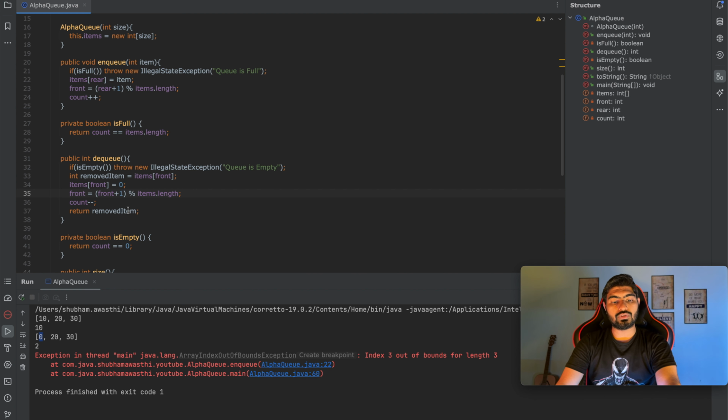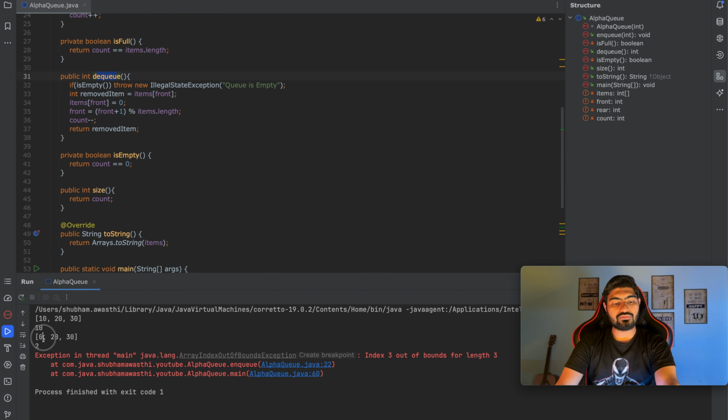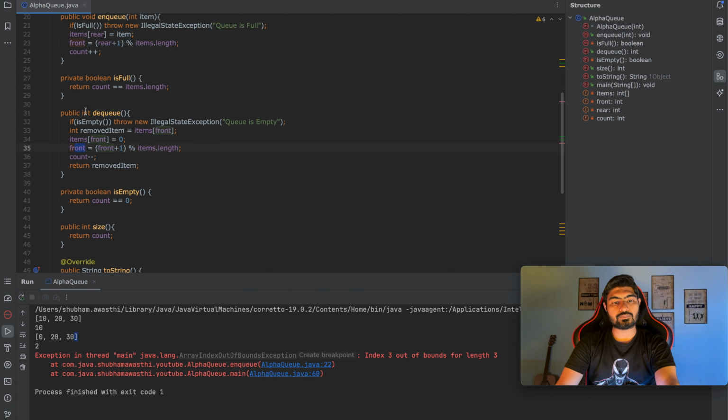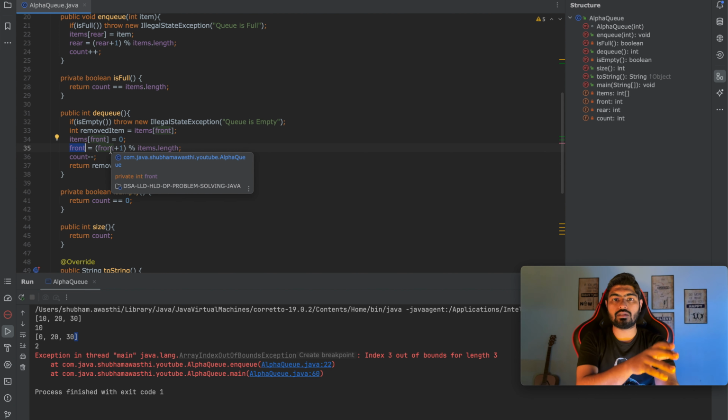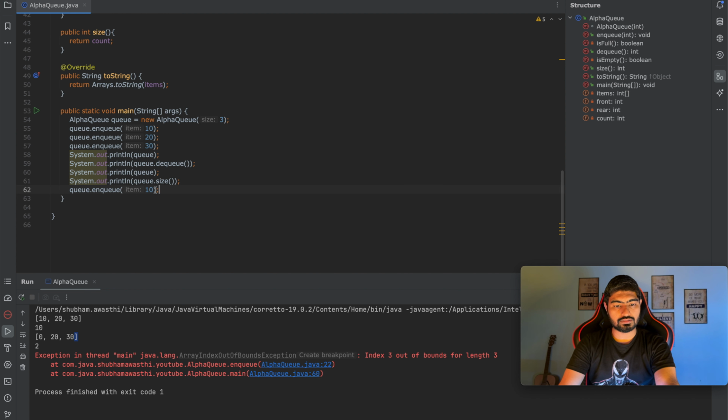So that whenever you are dequeuing your element, that means you are removing elements from the front pointer, and we are adding a new element. You're updating your pointers, front pointer and rear pointer, in such a way that whenever they reach the end of the array, we shift them back to the beginning of the array if there is a space, because we already checked if it is full or empty. So yeah, now if you try to add 40,